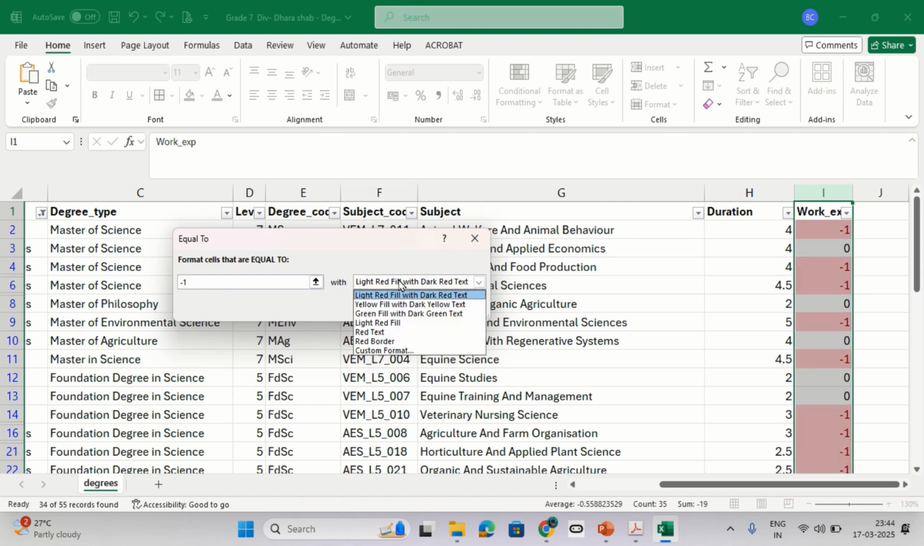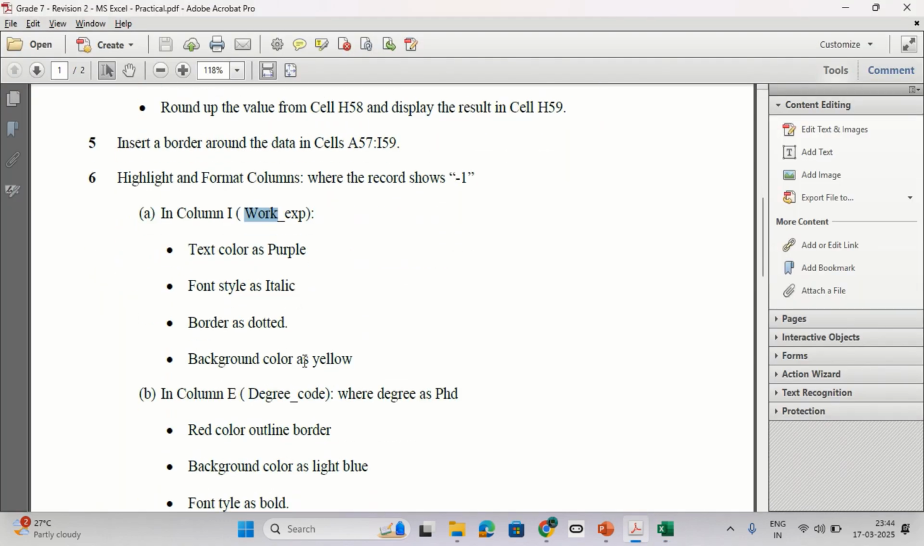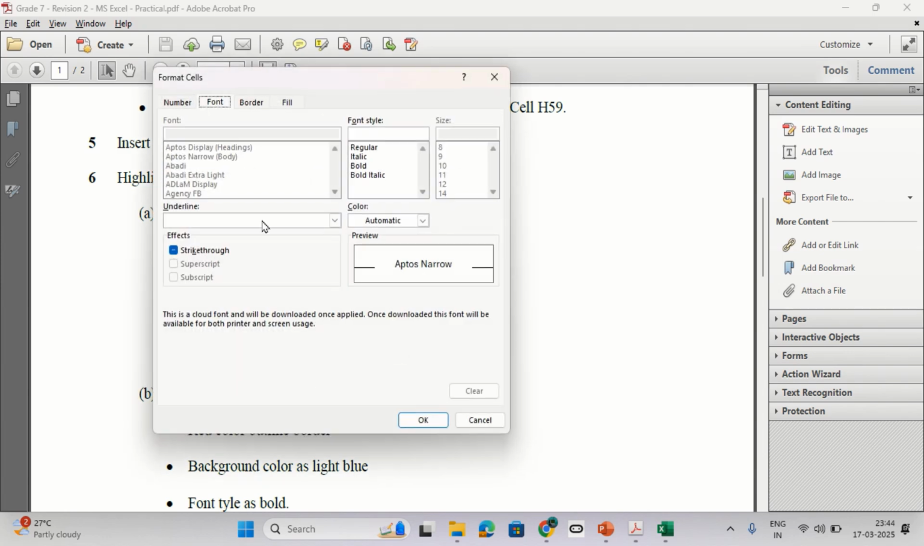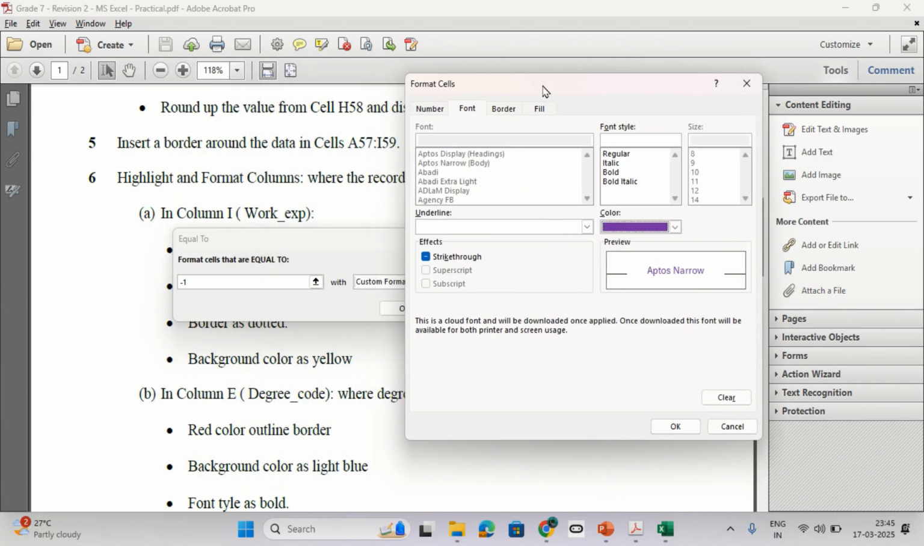Now what's the format it is asking? Let's see it first. It is telling me text as purple, font style italic, border as dotted and background color as yellow. So many things to do. Let's do it one at a time. Text color as purple, go to custom format. Let's see first text color as purple,